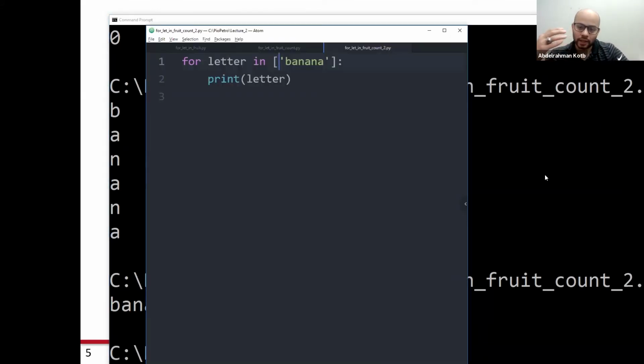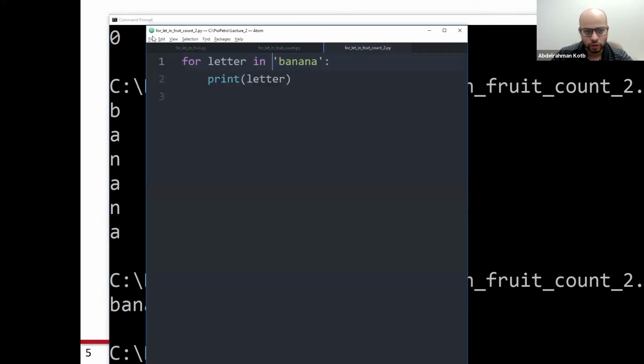What I did here, and I think we're gonna talk about it later in today's lecture, is I changed the string into a list. And what Python does now is look at the different elements in the list and print them separately. I'm not going to focus on it now. When the time comes, I'm going to talk about it. I just want to show you that just adding a bracket really changes a lot.